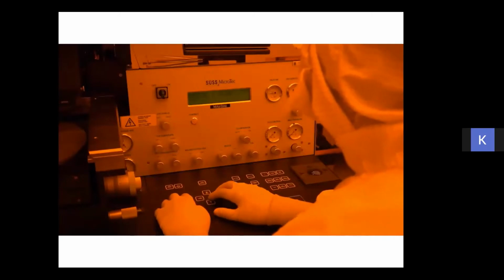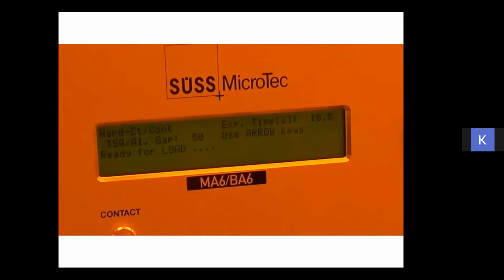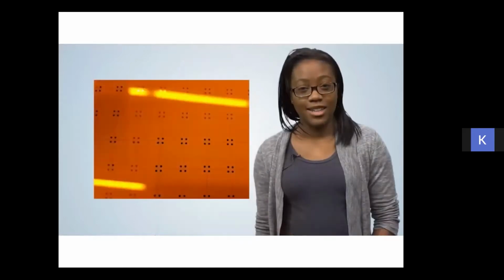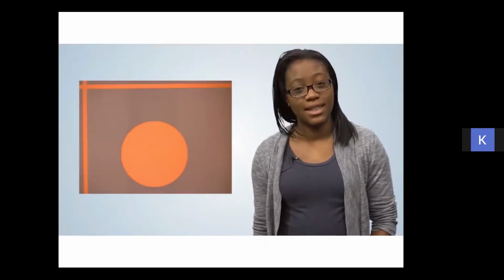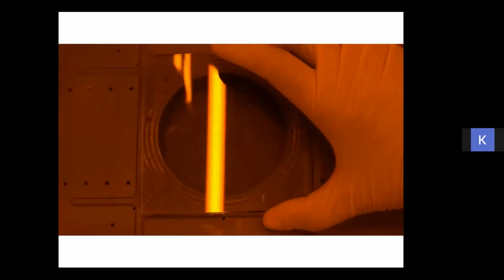So you can make a program, that means how much time it will be exposed. You can see 11.5 seconds is programmed here. This is a mask. So you are placing the mask.